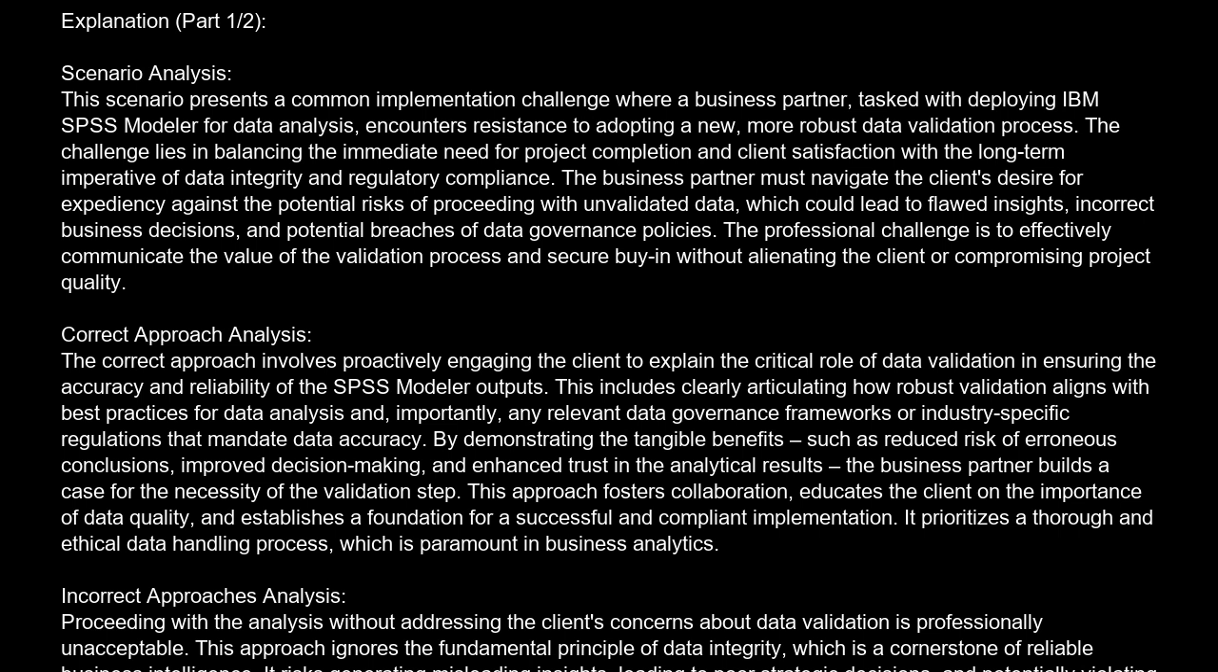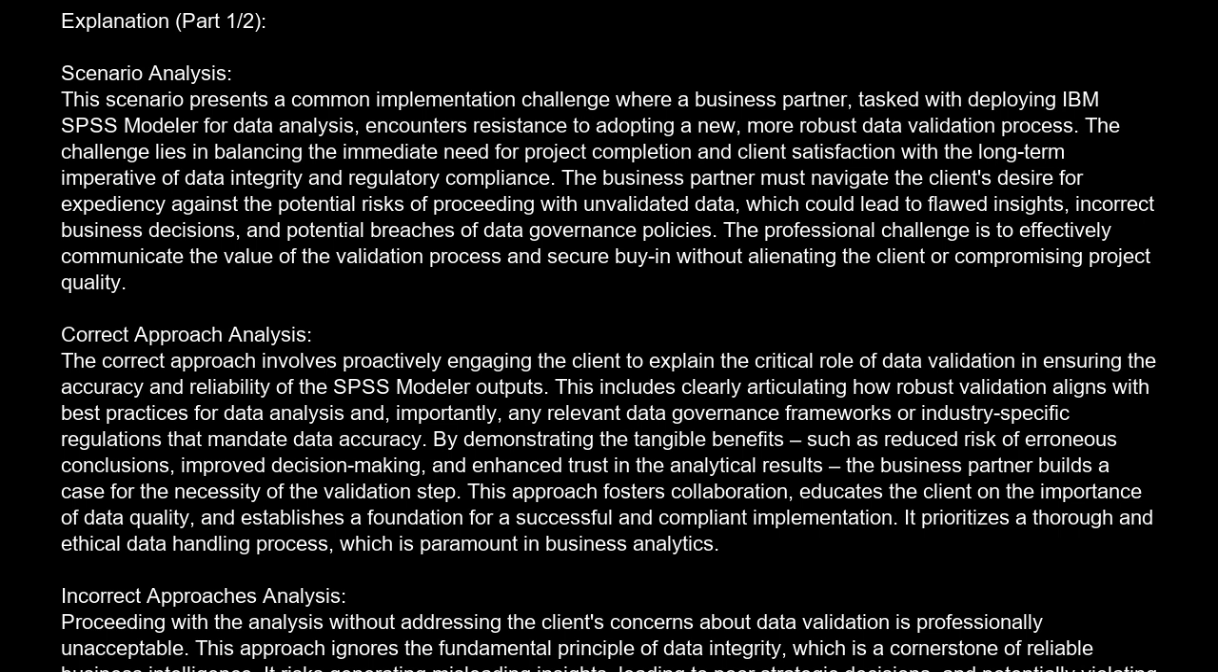The professional challenge is to effectively communicate the value of the validation process and secure buy-in without alienating the client or compromising project quality. Correct approach analysis. The correct approach involves proactively engaging the client to explain the critical role of data validation in ensuring the accuracy and reliability of the SPSS Modeler outputs. This includes clearly articulating how robust validation aligns with best